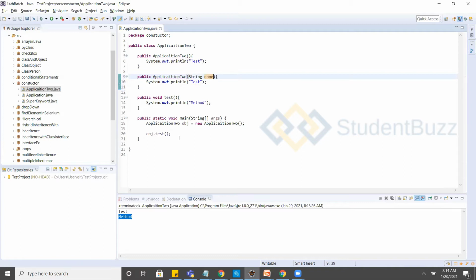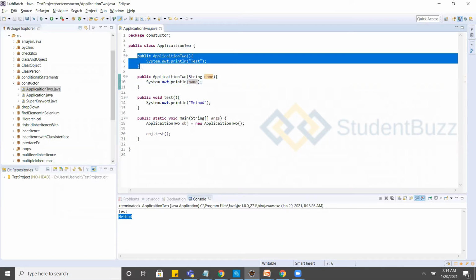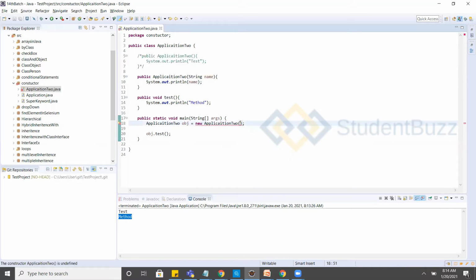If you want to use this constructor with the name, here I'll print the name. This name and this name will be the same. If I comment out the non-argument constructor, you need to pass this variable value.